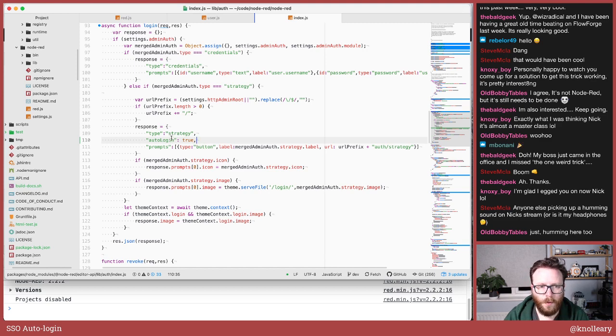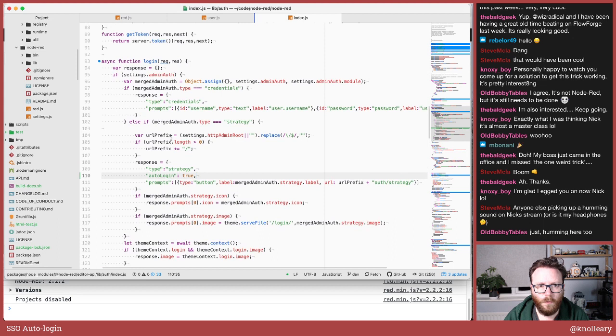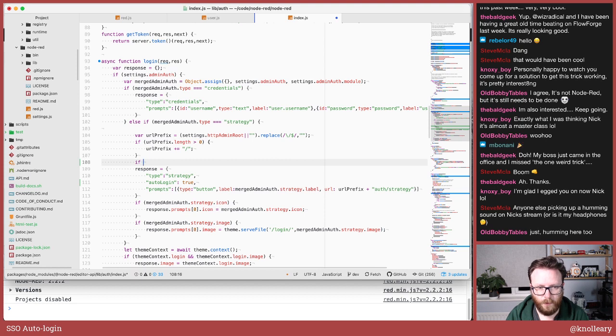So what we're going to come up with is, we're going to change it so that the admin auth can have this behavior turned on via your admin auth setup. So this is all good. What we'll say is if merged admin auth dot auto